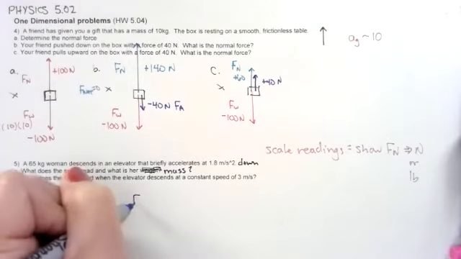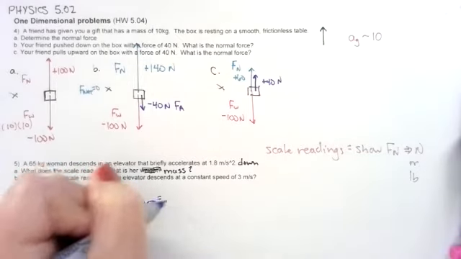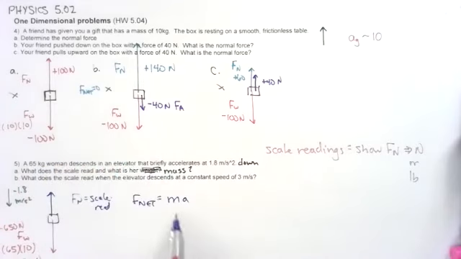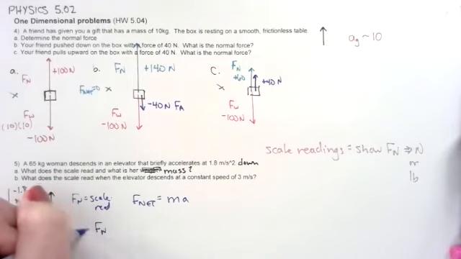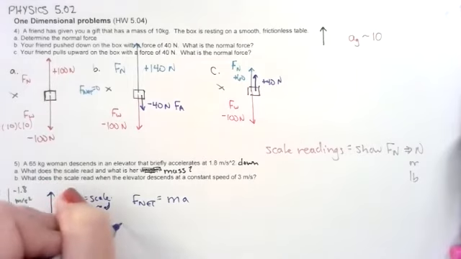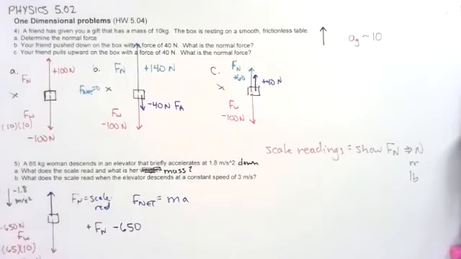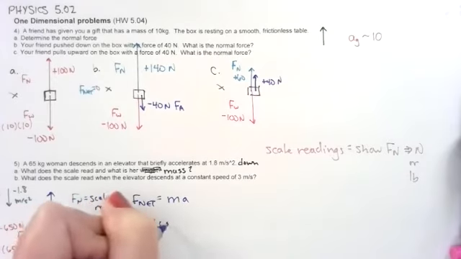So I know that I have F net is equal to mass times acceleration. I have my mass and my acceleration, but I don't know what F net is. I don't know what my normal force is. I don't know what the scale is going to read. Well, F net's going to be the normal force plus the weight vector. So if I take Fn, and that's positive, minus 650, it's negative, equals 65